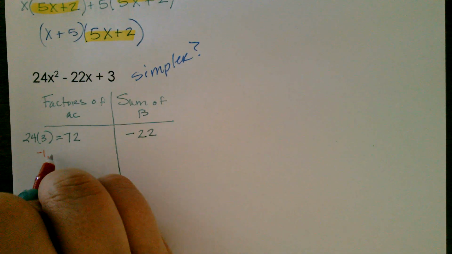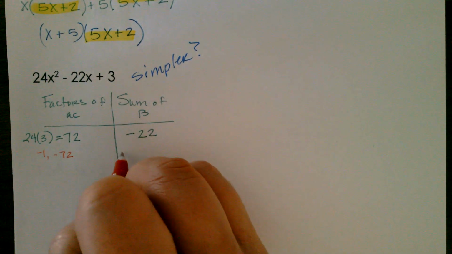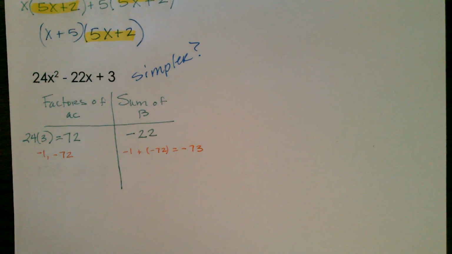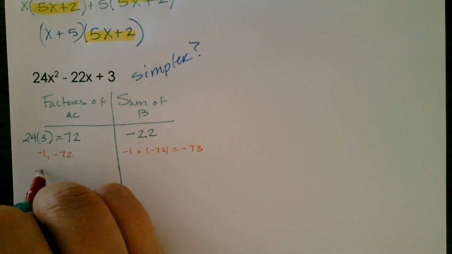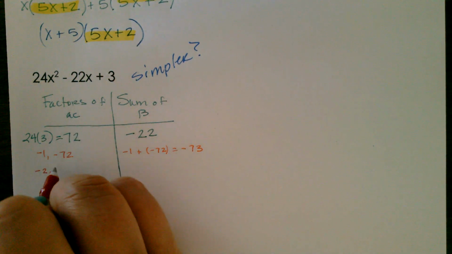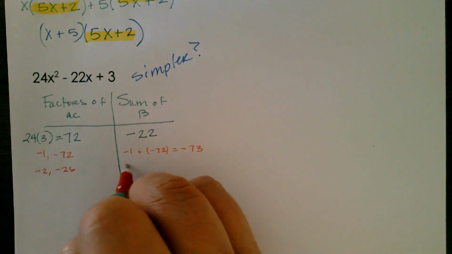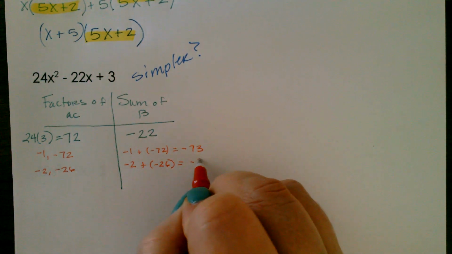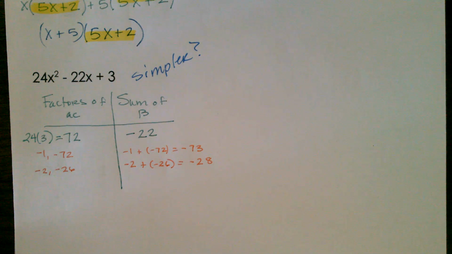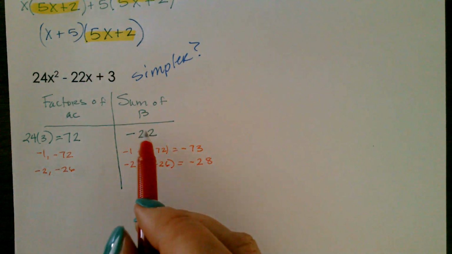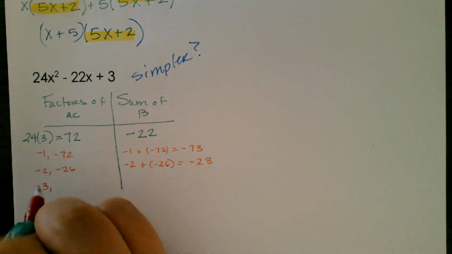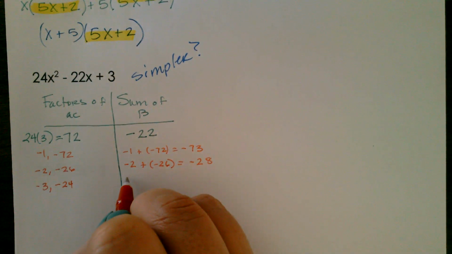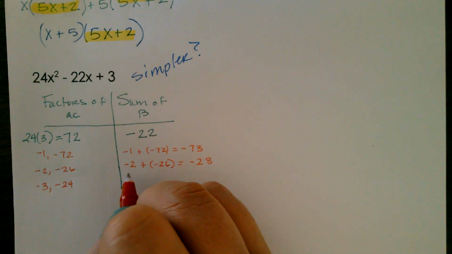So negative 1 times negative 72, negative 1 plus negative 72 is negative 73. Not good enough. Negative 2 times negative 36. Add those together, and I'm getting closer. I'm at negative 38, but I need to get to negative 22. 3 times negative 24. That would get me,